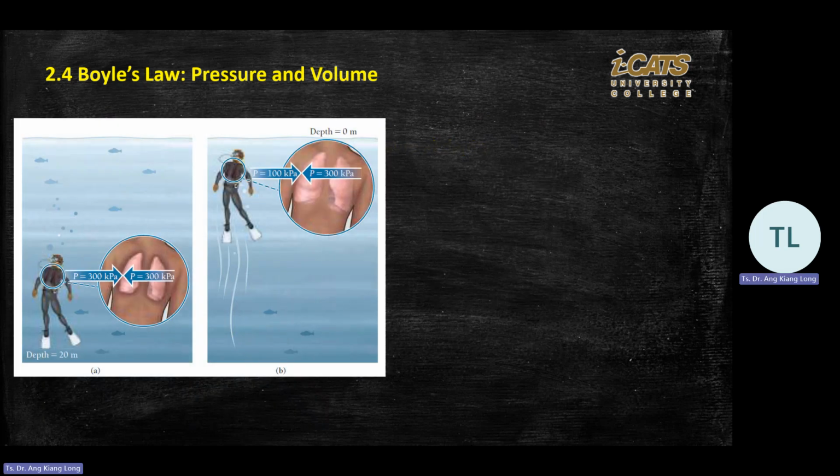Okay, so this also explains why in free diving, they don't allow you to go up to the surface very, very fast. Because in the Olympics, you see some safety divers around the free diver, just to stop the diver from going to the surface too fast, right? So if you see here,